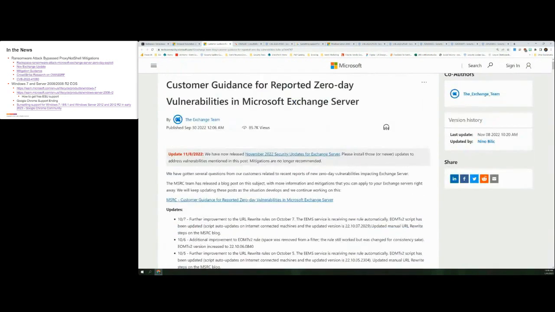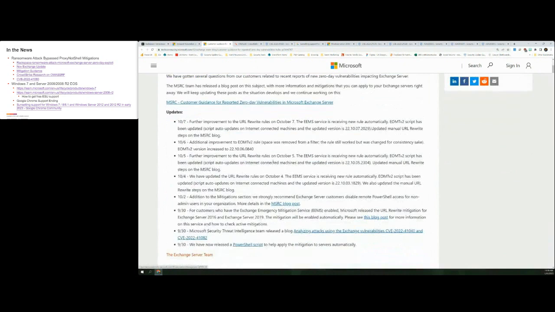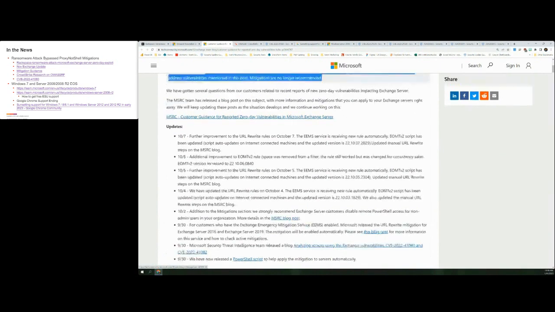Microsoft's guidance at this point was stop using the mitigations, put the patch in place. So that was where they had left that. The comments from Rackspace were more about Microsoft not clearly saying there was an attack chain between 41080 and 41082. So that's where the confusion starts to set in. These mitigations were not intended for the new way that the Play ransomware attack bypassed them, because they actually went after a completely different vulnerability.